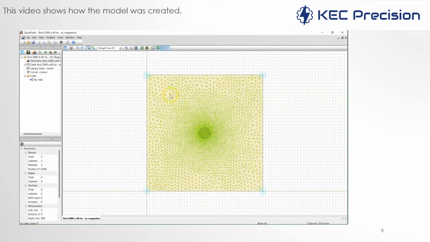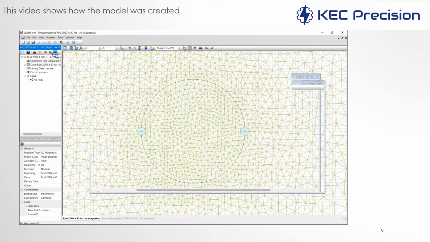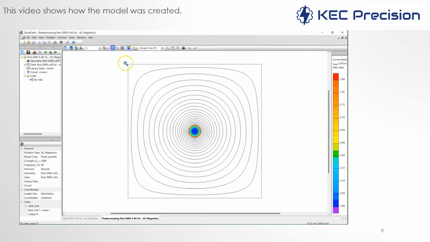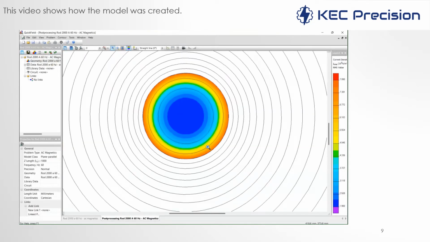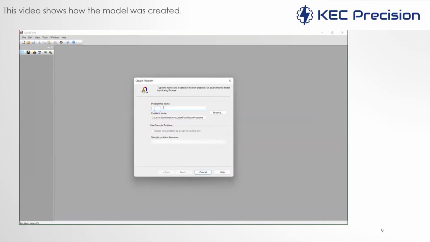I can open up my geometry, I can zoom in and inspect the mesh, I can look at the results, I can zoom in and inspect the results, compare them to the legend on the left of the screen. At this time, I'm going to close this file and show you how to create it from scratch. To create a new file from scratch, you open the problem, you name the problem,